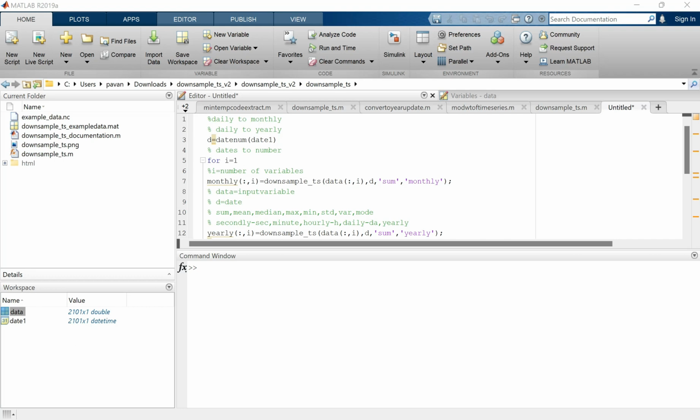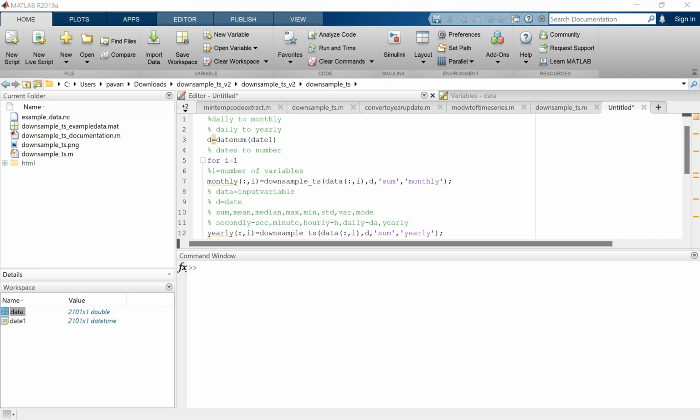For various applications, for example, daily data is needed to understand how precipitation is varying and how discharge is varying, whereas weekly data is needed to understand how evapotranspiration or other parameters are changing. In the same way, monthly and yearly data also function. But most of the time, you have daily data, monthly data, and yearly data on different websites or in different sets of data. So suppose you have daily data